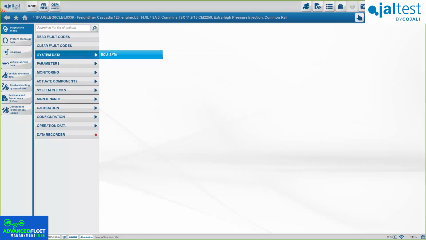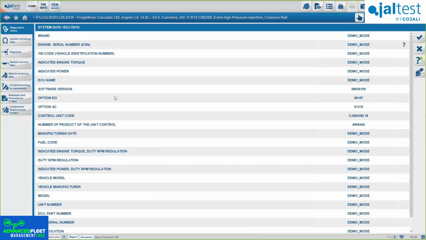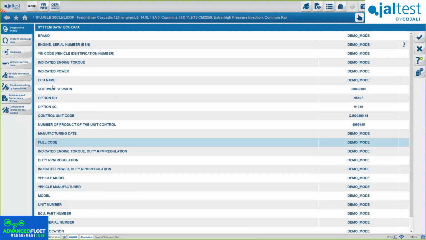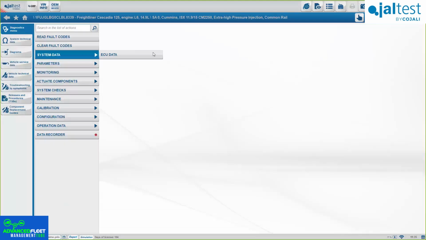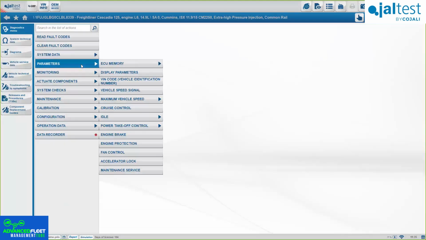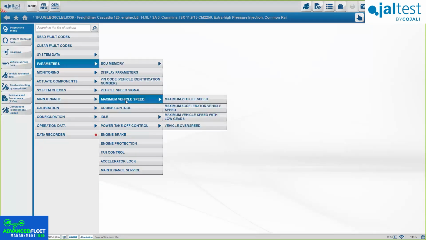System data is the data from the ECM, okay? This is pretty useful for us engineers and for you guys to know exactly the ECU software version, the vehicle manufacturer, all that information, okay? Under parameters, you will see the different options we have, okay? For example, for Cummins, for the 19.2 version, we'll have the option of copying and pasting the ECU data, okay? But again, we have more information, more options such as maximum vehicle speed, cruise control, PTO, the idle. So all these options will be available under parameters.